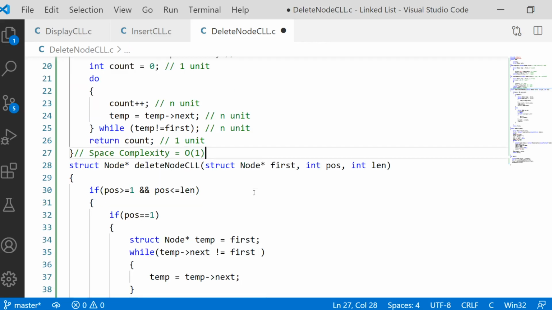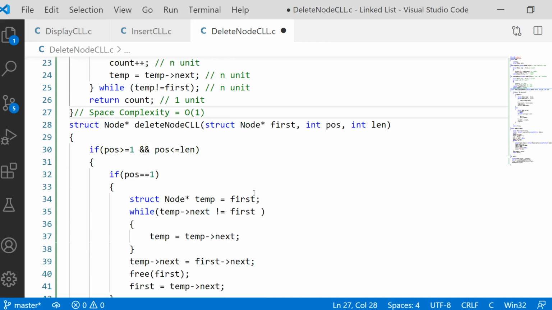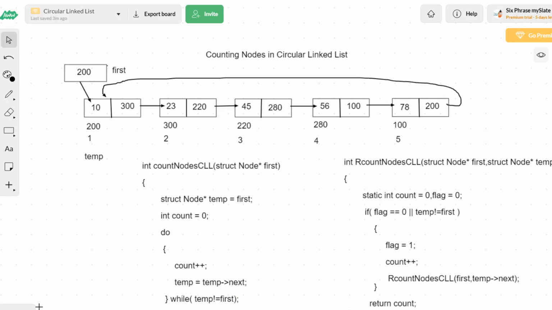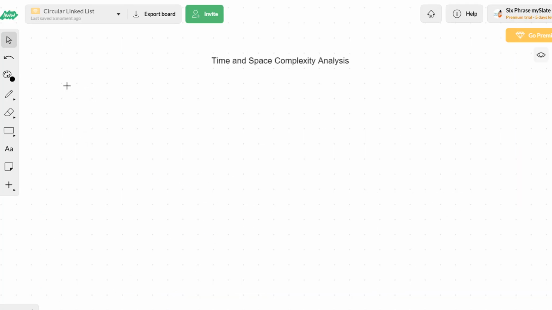Now let us discuss the time and space complexity analysis of delete node, before which we will just have a note here. The time complexity of counting nodes in circular linked list is order of n.